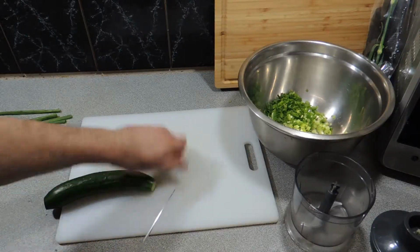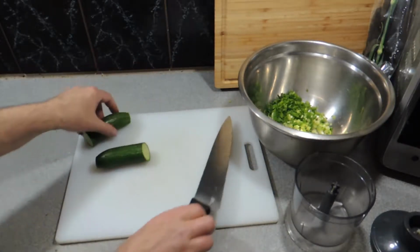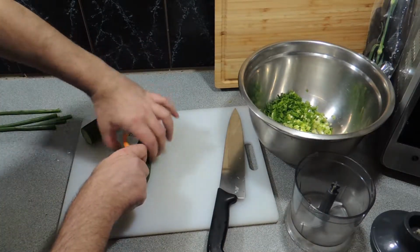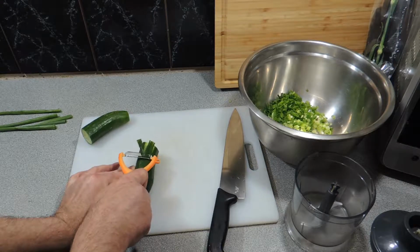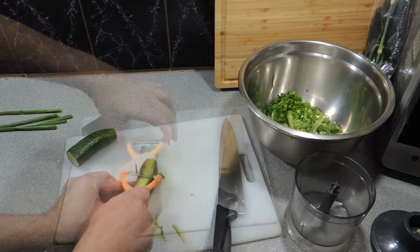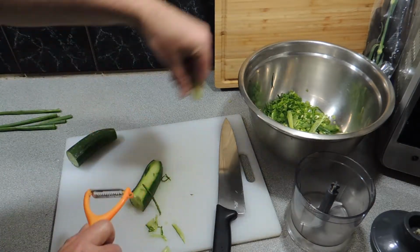Alright, next thing I've got is a medium cucumber. Some might say that's a small cucumber. I'm going to cut that in half. And then I'm going to use one of these silly little gizmos, these little peelers that will actually julienne your vegetables for you. But I find it very hard to use and not julienne my hands at the same time. So,